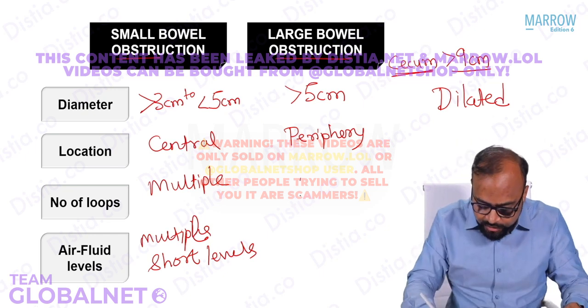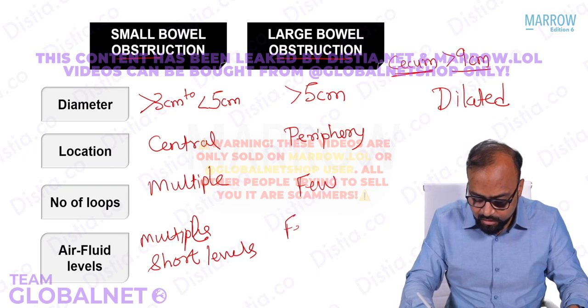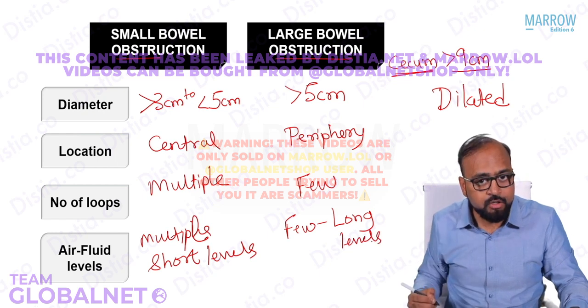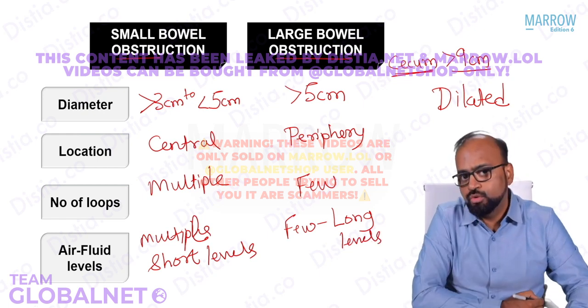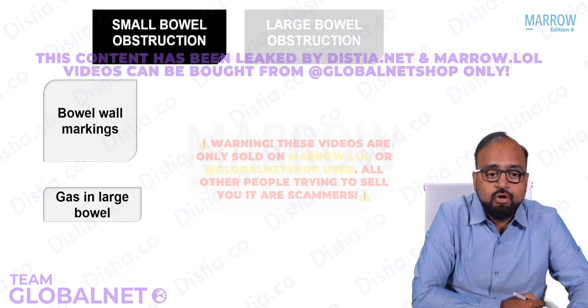Whereas the length of the large bowel is relatively short, so therefore there are few loops. And what about the air fluid levels? Again, these are few but long air fluid levels because the diameter is larger. Now the most important way though to distinguish between small and large bowel is to look at the bowel wall